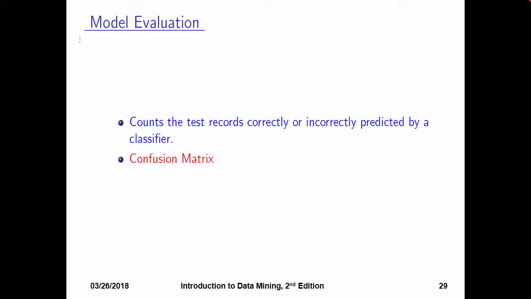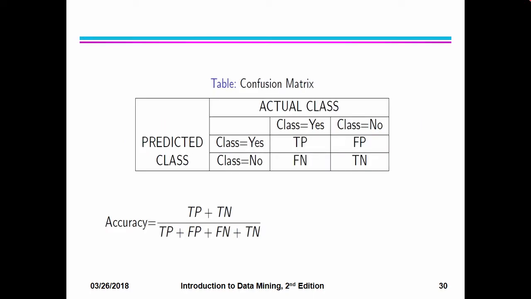So, in the last class we started talking about model evaluation, and more specifically we talked about the confusion matrix. Again, we will review this confusion matrix and then we move on. As I said in the last class, if you need to evaluate a classifier, we first talk about the binary classification problem. Then we will convert this to the multi-class problem.